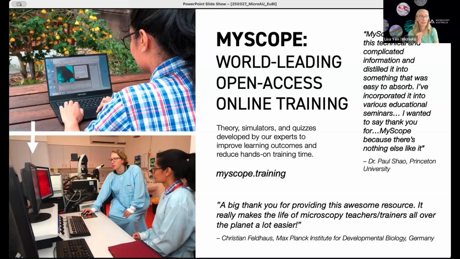But one of the things that it does do is it brings together both a theory, also a virtual instrument or a simulator that gives people the opportunity to play around with some parameters. And then it also does offer a quiz and a certificate, so that it does make that difference in the facility, that can be a requirement before they'll commence that in-person training.